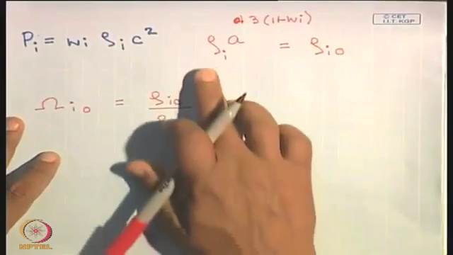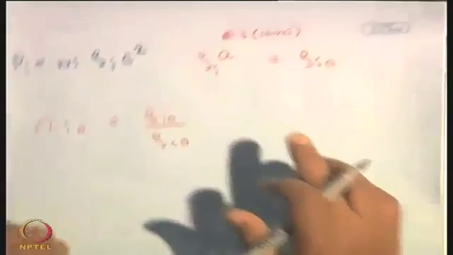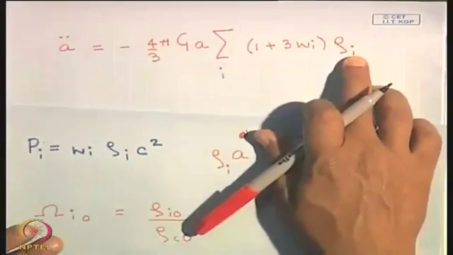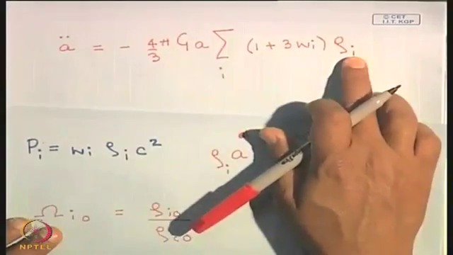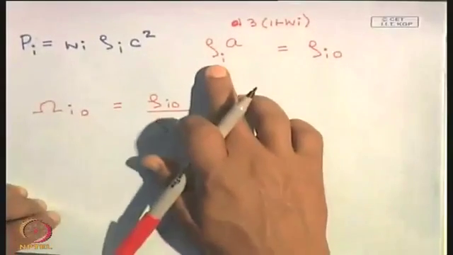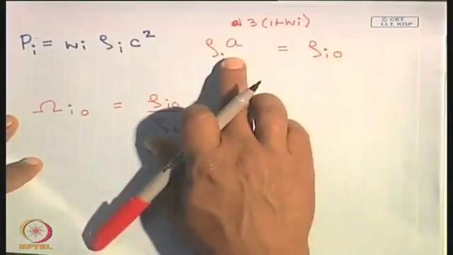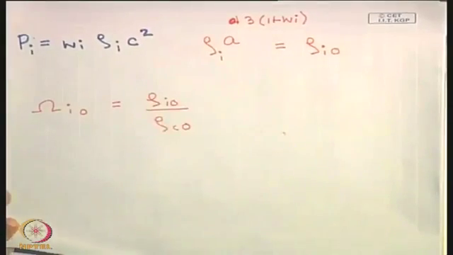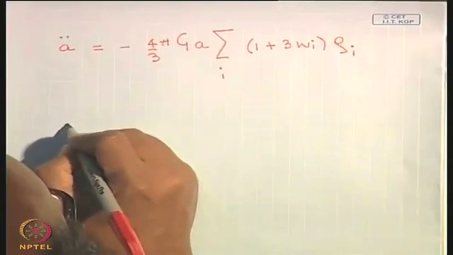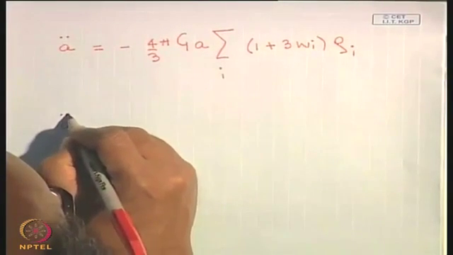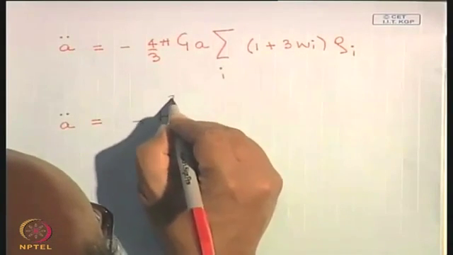So all that you have to do is replace the density. This is the density at any arbitrary epoch; these are all functions of time. The scale factor is a function of time, the density is a function of time. You have to replace the density in terms of the present density of that component and the appropriate power of a. Once you do this, then the equation that you have is a double dot is equal to minus H naught squared by 2